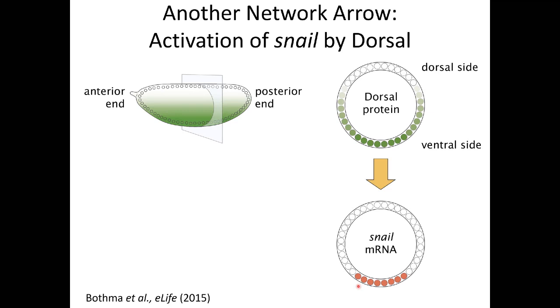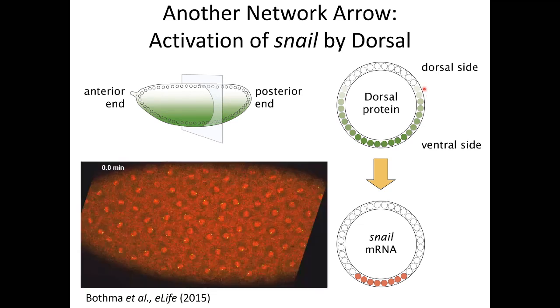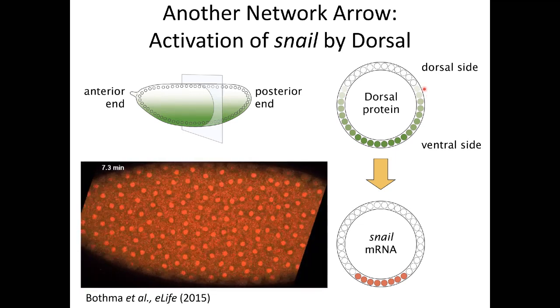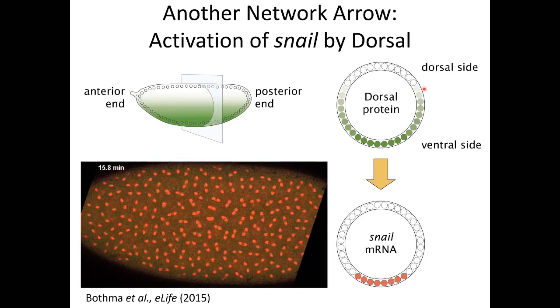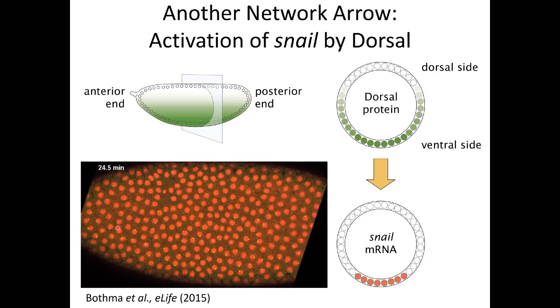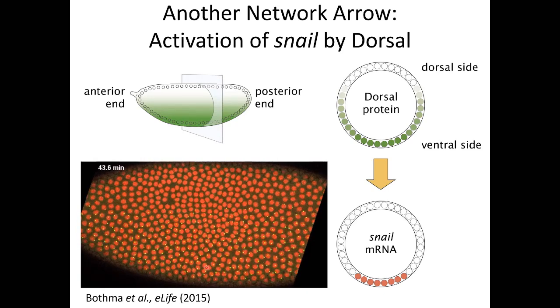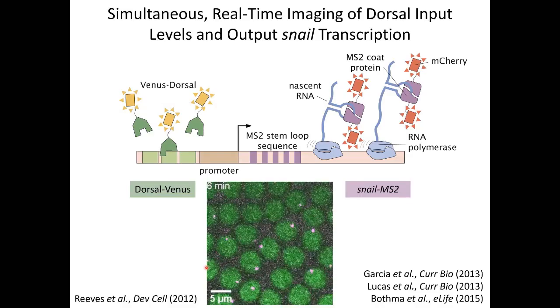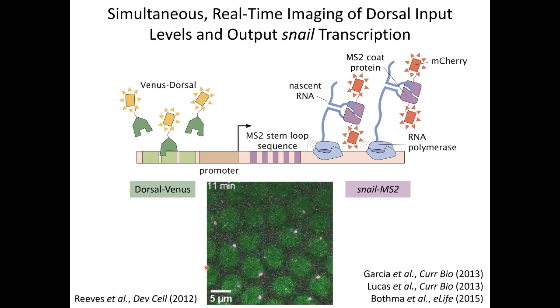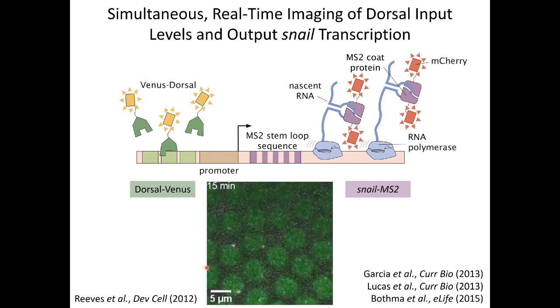Instead of a stripe, we're going to look at a domain of this gene called SNIL that is expressed along the dorsoventral axis of the embryo. And this gene is activated by the gradient of a transcription factor called dorsal, okay? And if you take data with the MS2 technology, you'll see more or less the same type of dynamics, right? You see the broad domain appearing at the bottom of the embryo, which corresponds to the ventral side of the embryo. So you can try to measure then dorsal protein concentration and SNIL using MS2, okay?